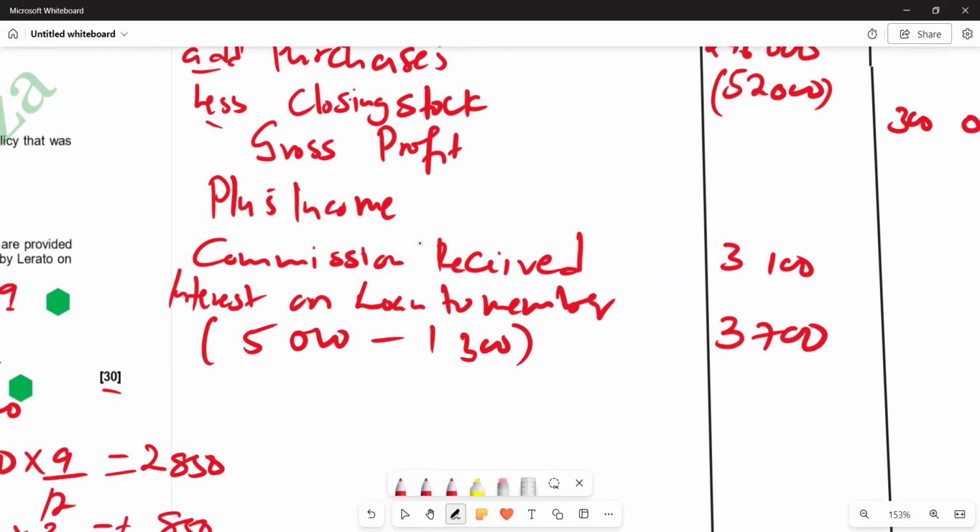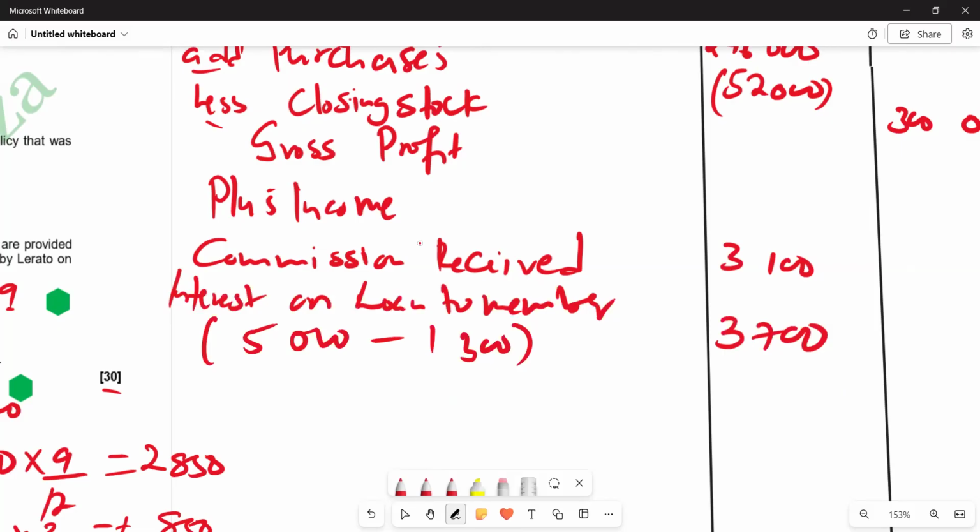So with that, we can now try to see if we have got any other adjustments which need to be done. So remember, we also have the issue of provision for bad debts adjustments. Provision for bad debts adjustments can be an income, can be an expense. If you have got an increase in provision for bad debts, it's going to be an expense. You put it under less expenses. But if you have got a decrease in provision for bad debts after comparison with the previous level of provision for bad debts,